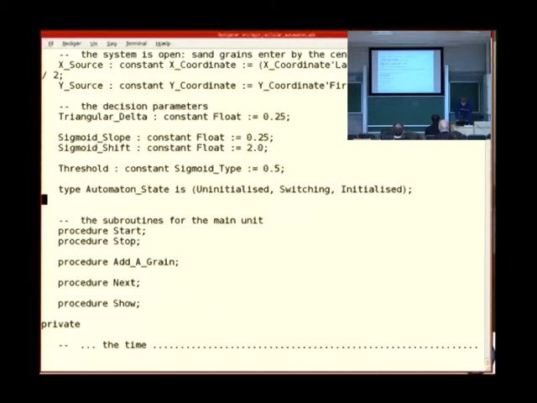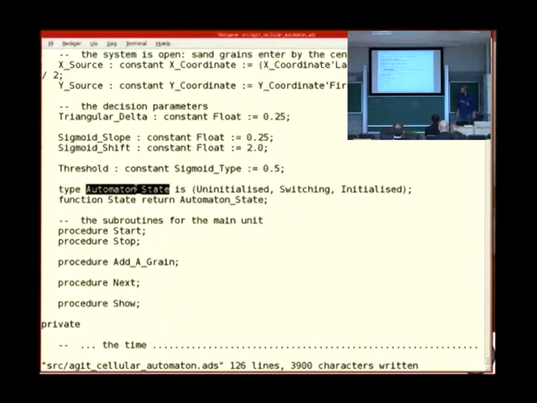Then we want to be able to ask about the state. So we just specify a function that returns an automaton state.